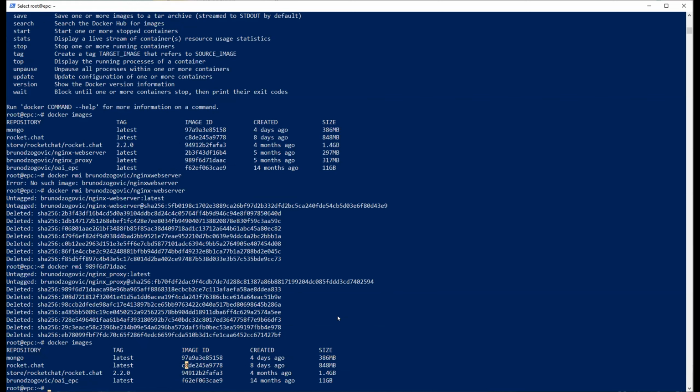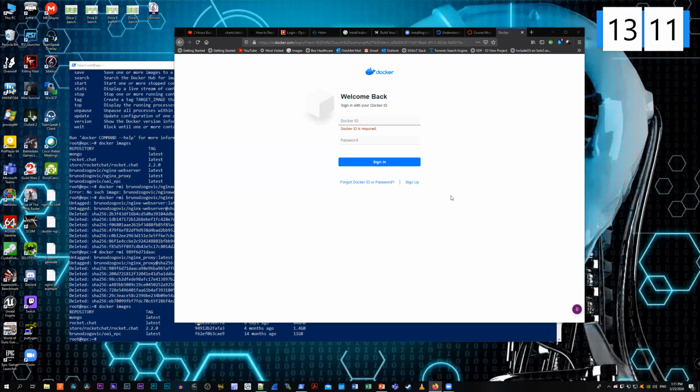So if I want to pull an image from a repository, you need to get a grasp on the Docker Hub. So I will just go to the Docker Hub so you can see what I have there. Let me share the screen with you. So this is the screen, I guess. I hope you can see the whole screen now.